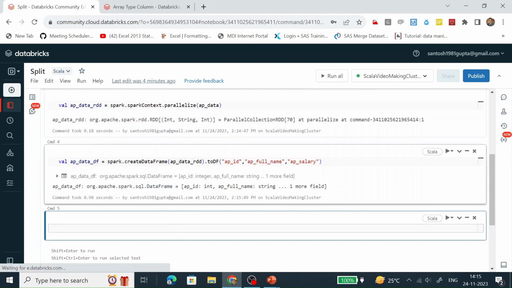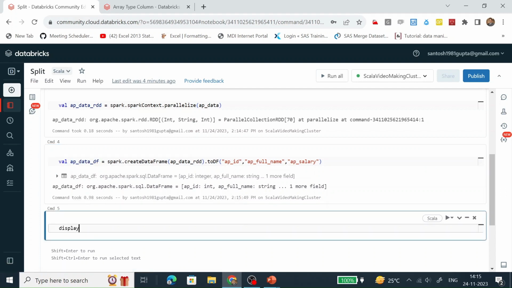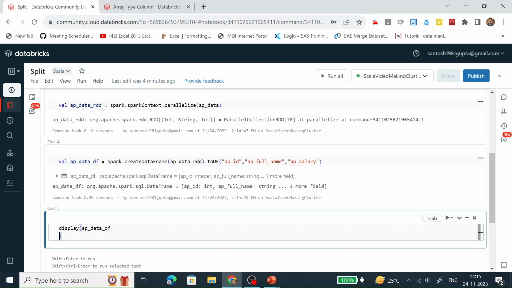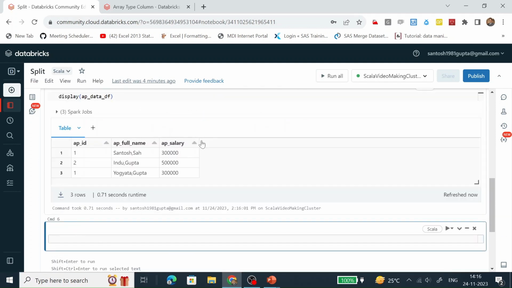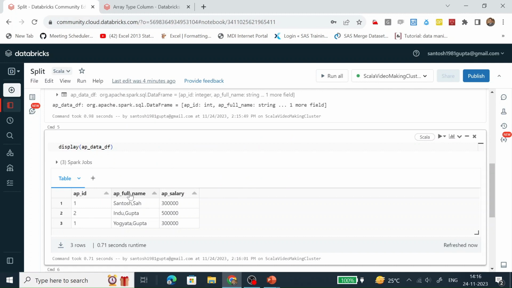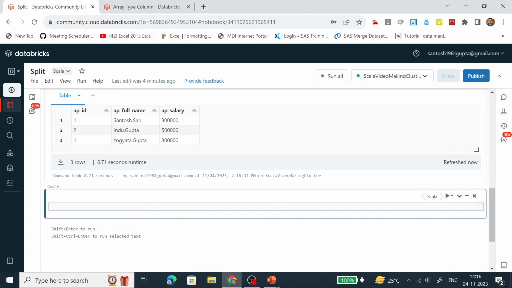So this data frame has been created successfully. Let's see the content with the help of the display function. Now we can see this data frame has been created successfully, and AP full name has a string which is separated by comma. Now see how the split function works.